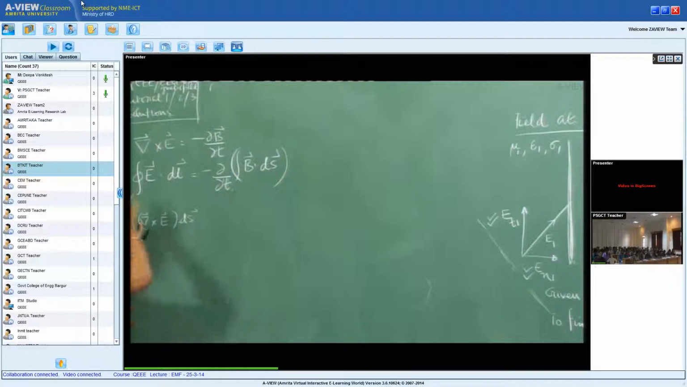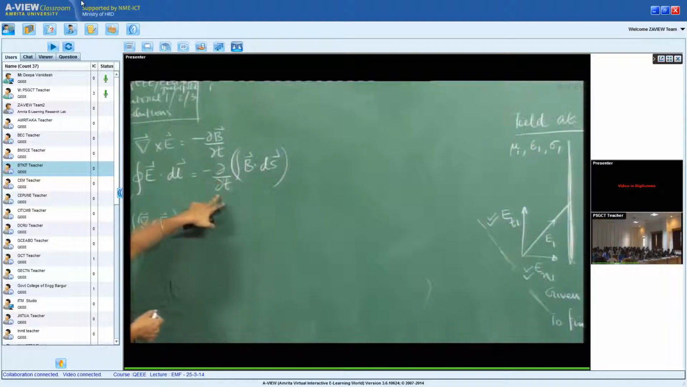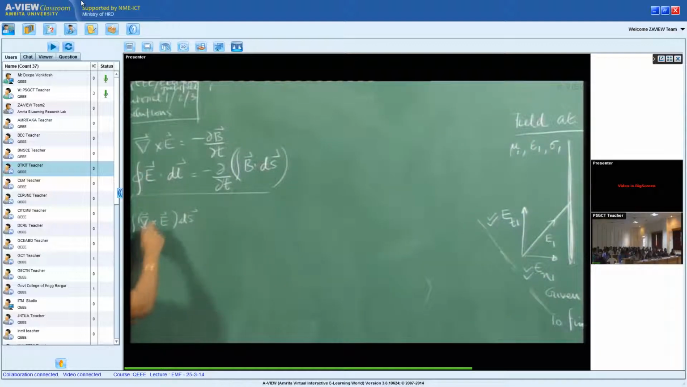Because Faraday's law says the induced EMF is the time rate of change of flux. Induced EMF in the closed loop is this, and the time rate of change of flux is this, because magnetic flux is B dot ds. So this was the actual statement of Faraday's law, on which we used the Stokes theorem to write down the point form. So I am going to be using this